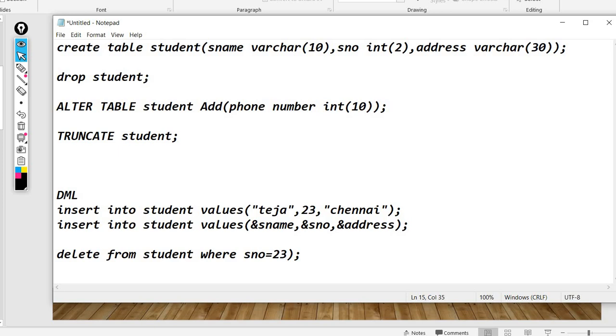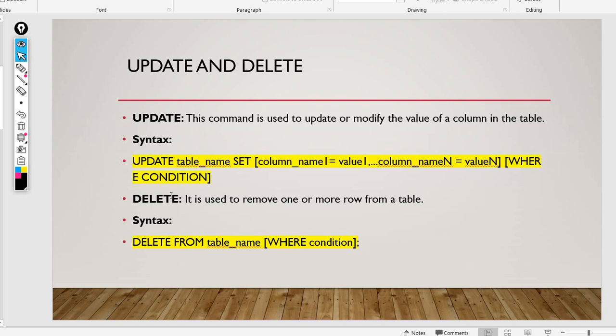If you give it like this, what will happen? It will be deleted. The where condition will be used in the case of delete.